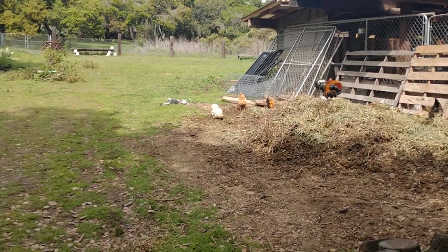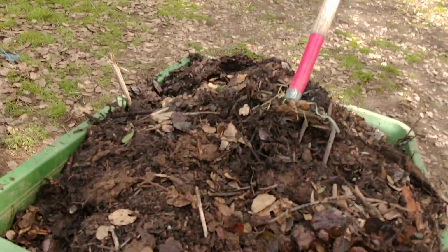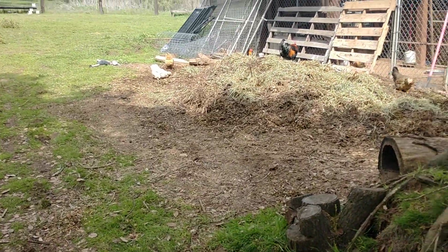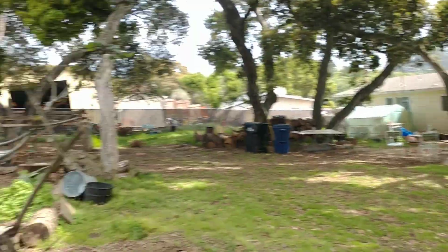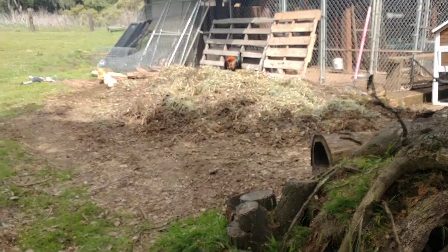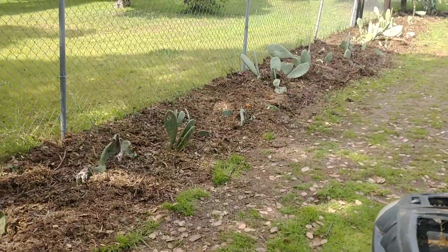This is Chris here. I'm just over here on the lawnmower. I'm gonna have a bunch of compost back here. I've been taking a little bit from the compost piles. I have a couple of them, one by the greenhouse down there, one over here by the chicken coop. And I'm distributing the compost